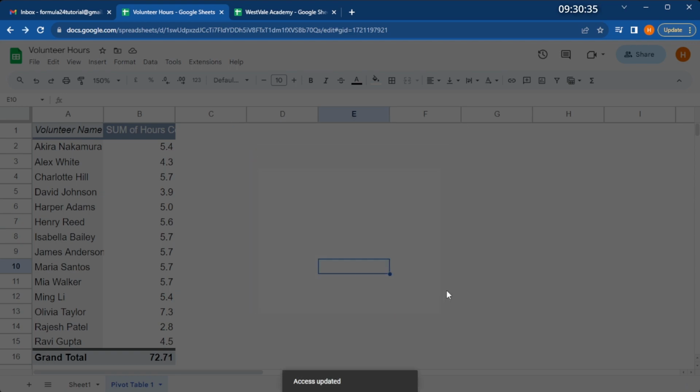Click send, and the access has been updated. From the very basics to the more advanced features, we've seen what Google Sheets can do. Remember, practice makes perfect, so dive in and explore on your own, and make sure you